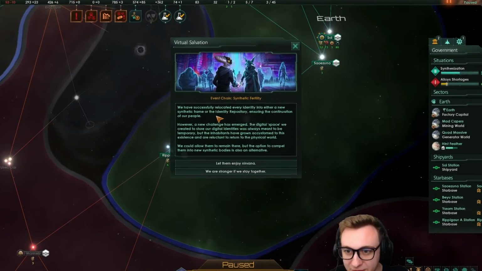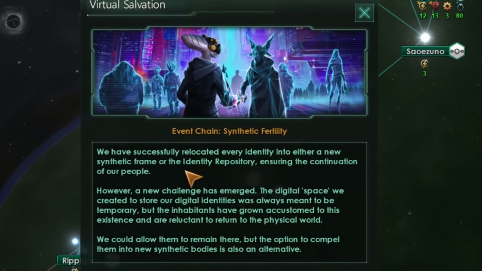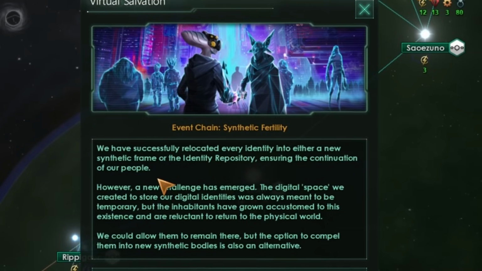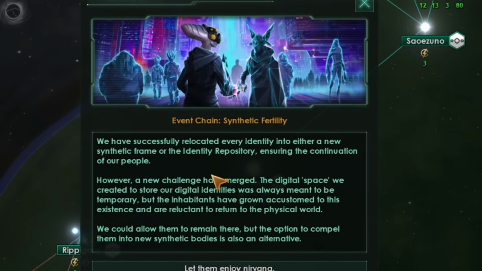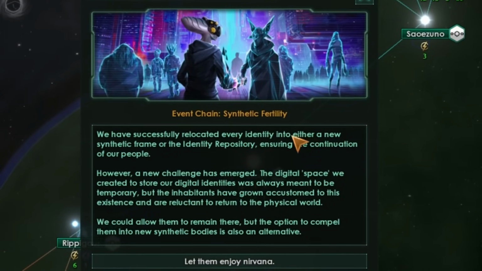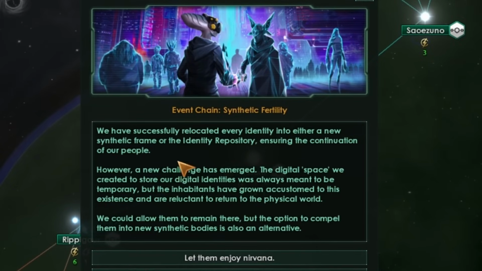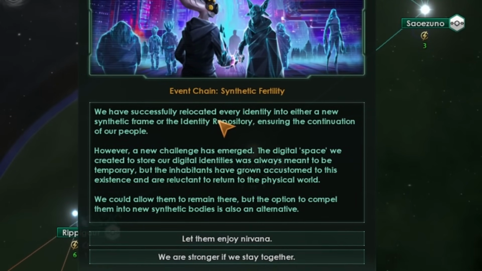Great. Virtual salvation. We successfully relocated every identity into either a synthetic frame or the identity repository during the continuation of our people. Other new challenges emerged. The digital space we created to store our digital identities was always meant to be temporary. The inhabitants have grown accustomed to this existence and reluctant to return to the physical world. We could allow them to remain there, but the option to compel them into new synthetic bodies is also an